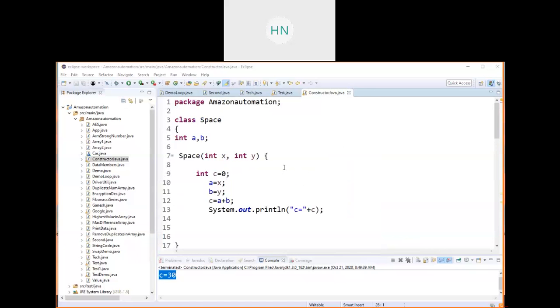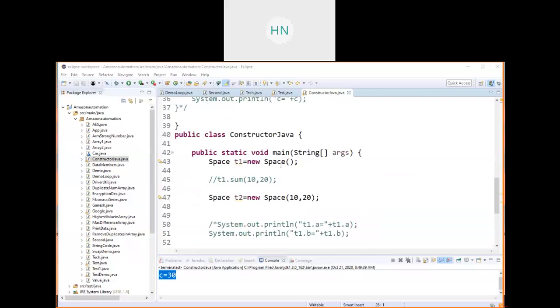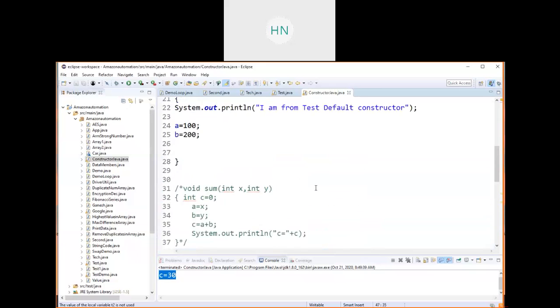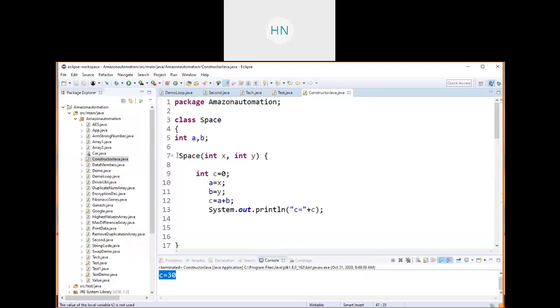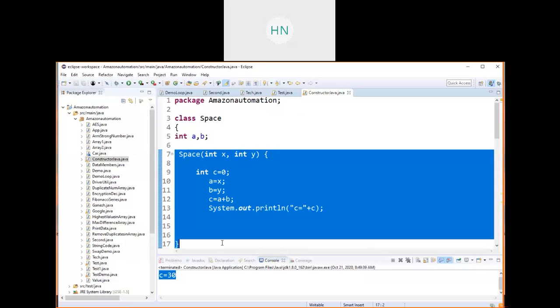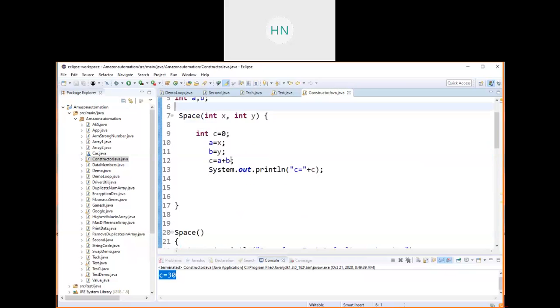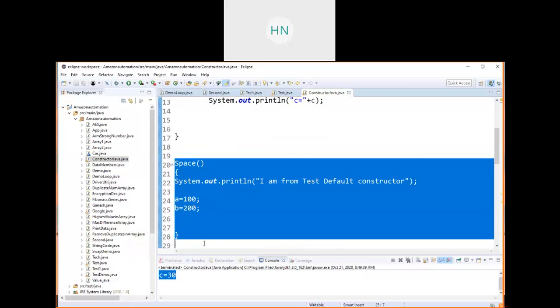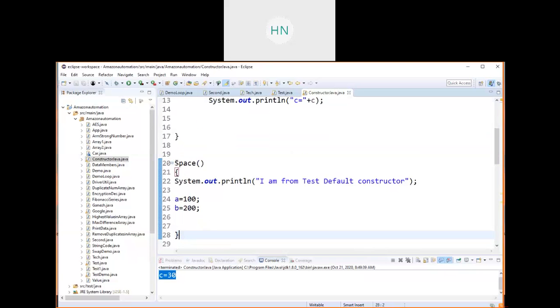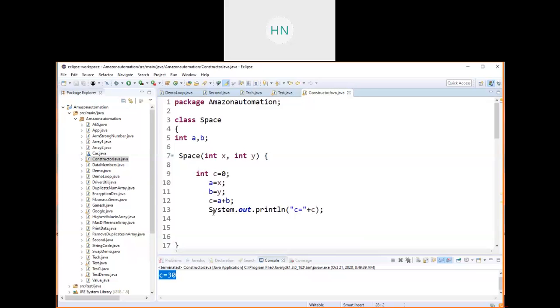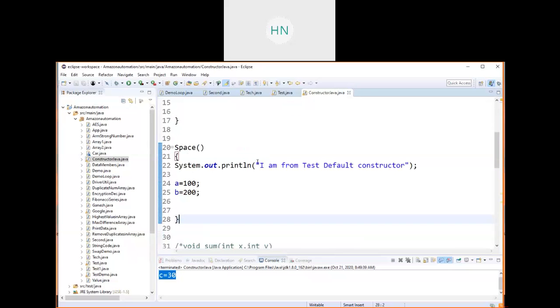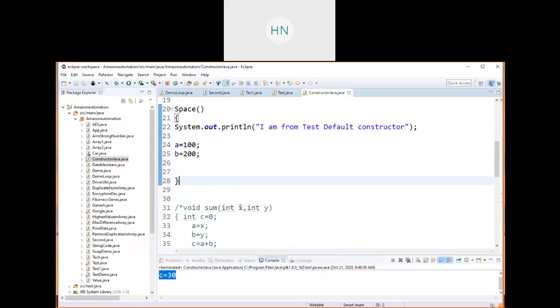So in your Java program, if you have mentioned any parameterized constructor, then you mandatorily have to define the default constructor as well. The JVM is not going to define it. So if you have written any parameterized constructor in your class, you have to mandatorily write your default constructor also. Your JVM is not going to take care of that. If you are not writing any parameterized constructor, you need not declare your default constructor explicitly. The JVM will take care of it.